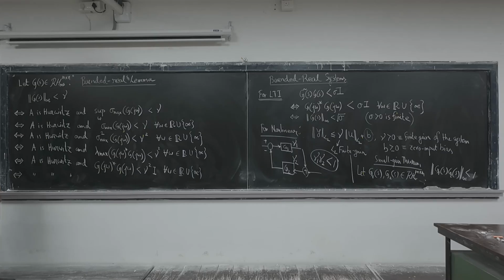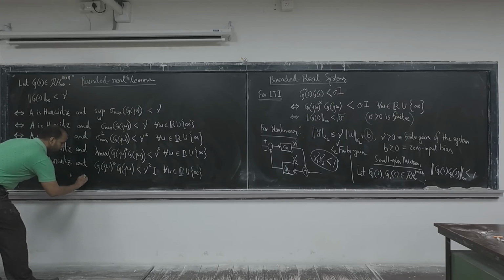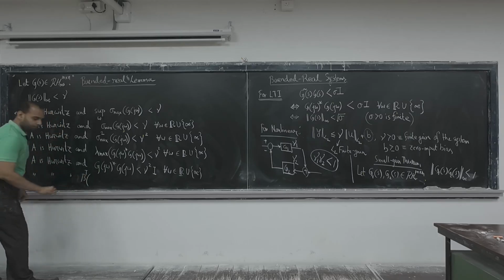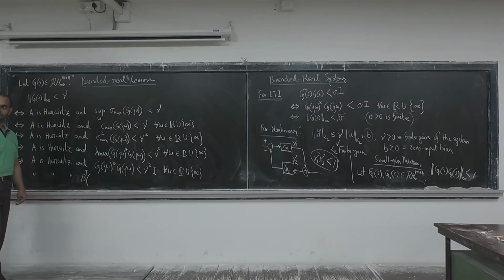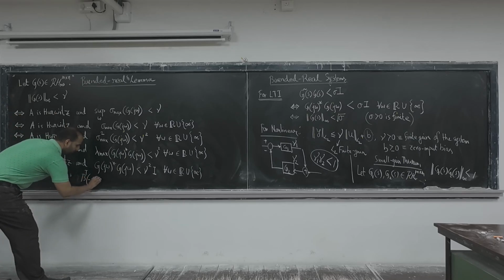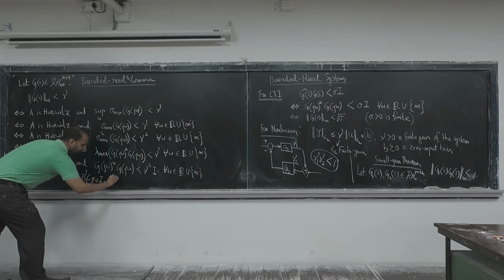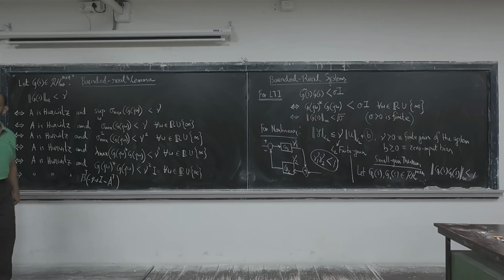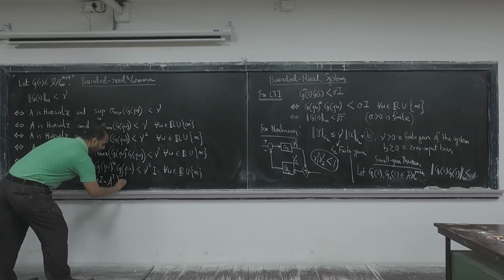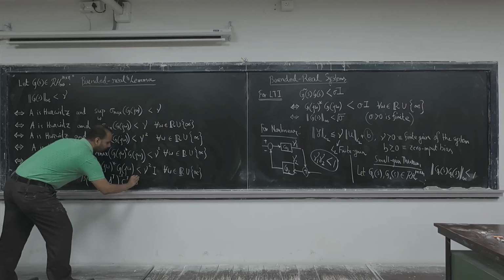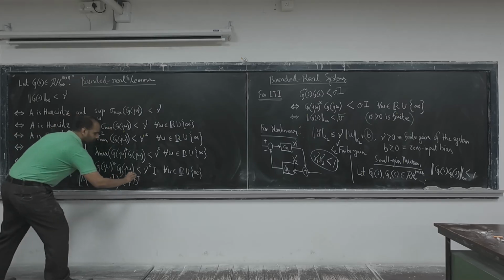G of j omega equals C into j omega I minus A whole inverse, like the expression for G of s. Then instead of G star, what should I write? It will start with B transpose, right? B transpose and then minus j omega I minus A transpose whole inverse, because it is a real matrix, so instead of A star I am writing A transpose, then C transpose plus D transpose. This whole thing